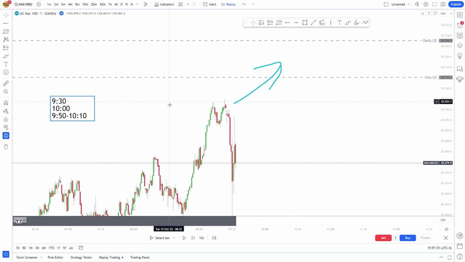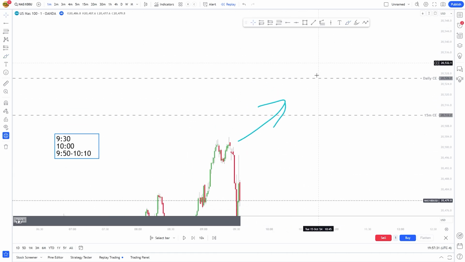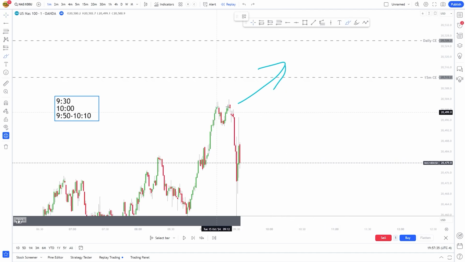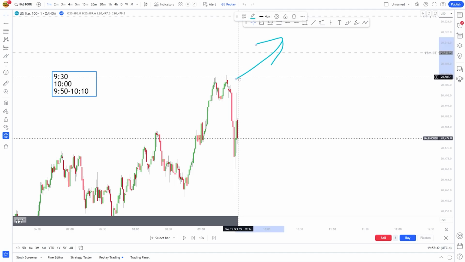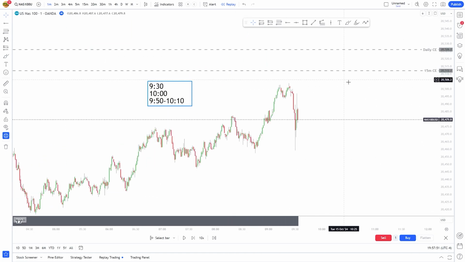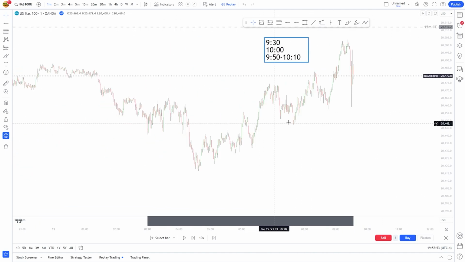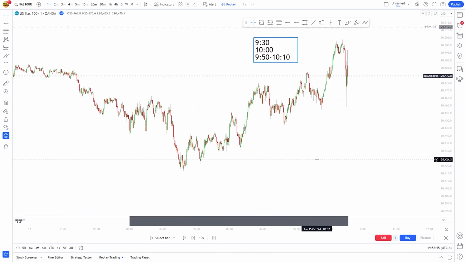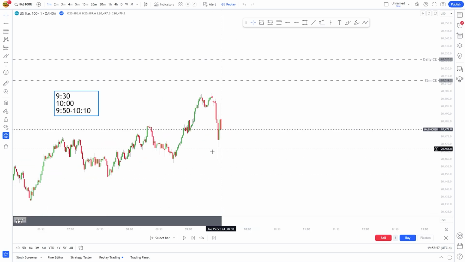Since there's so much liquidity, it's just better to go higher if we are to go long. It's just better to go higher if the true sentiment was to go long. However, that didn't happen and we get movement to the downside. So right now, we're still not at this level and it's not a strong short yet. The best thing we can do is just wait and see what happens for the first half hour